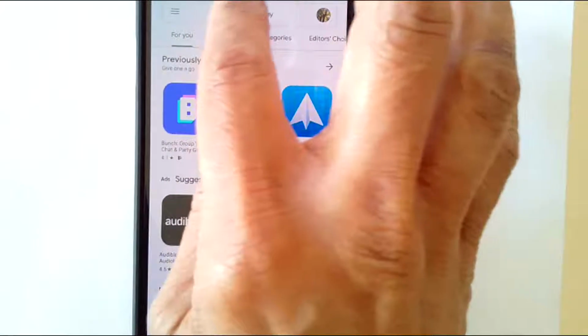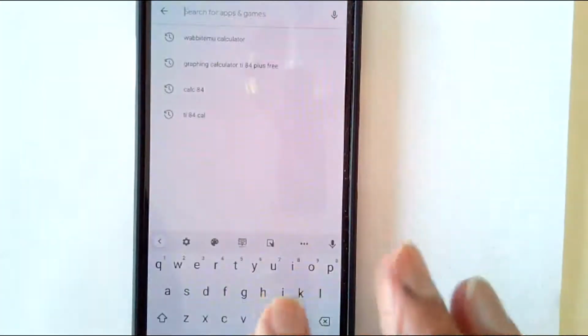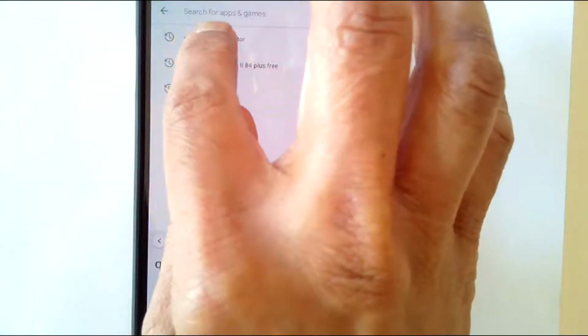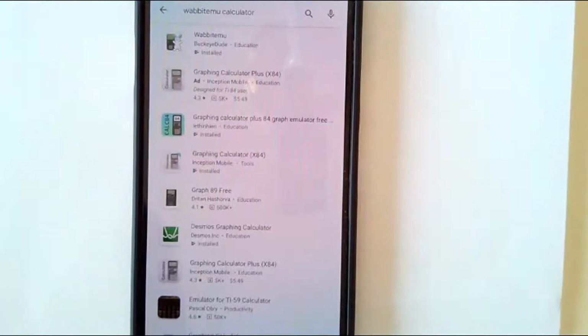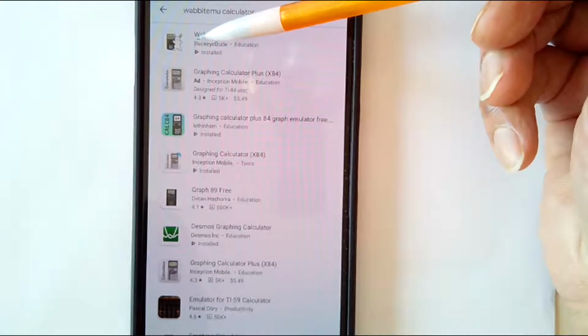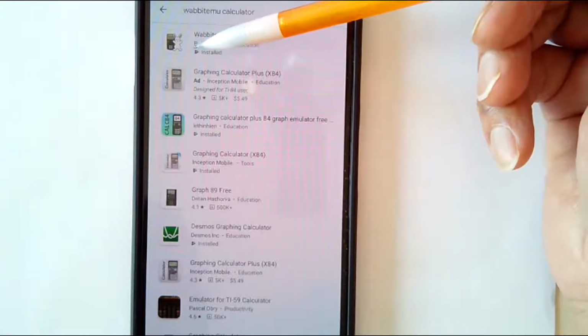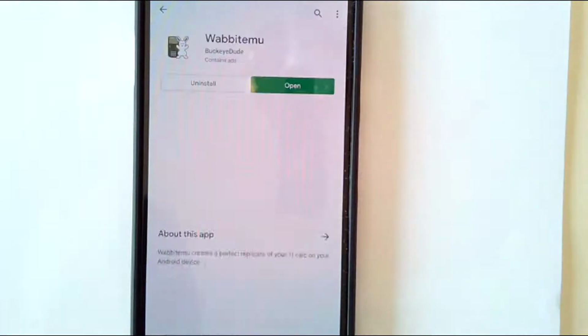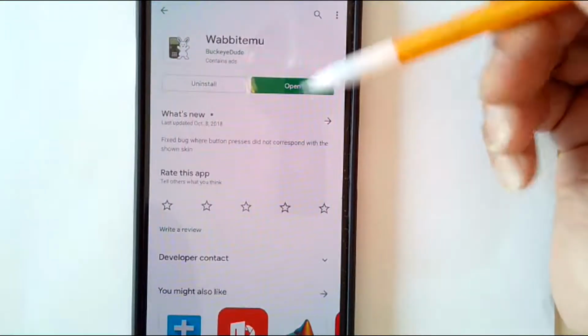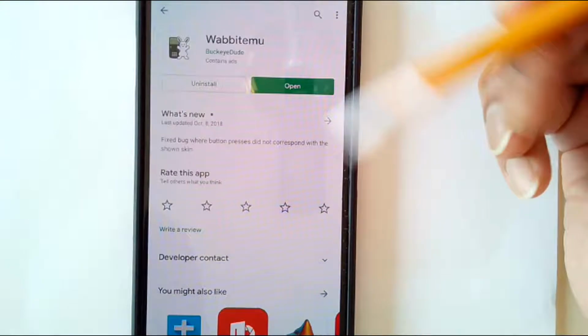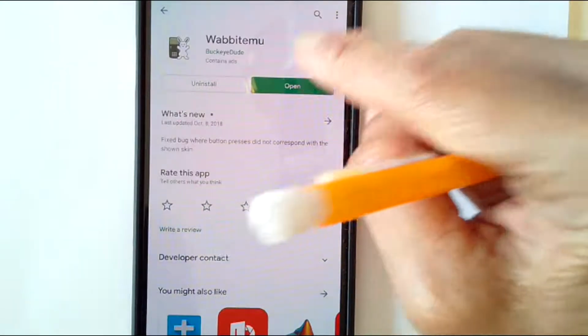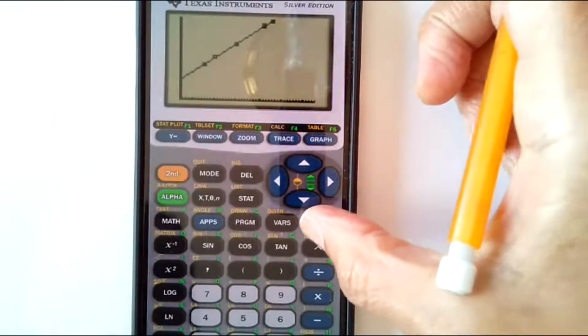So I go to my Play Store and I search for Wabbit. I already have it here, Wabbit calculator. In my case, it's the first one that came up. There's also a free emulator that comes up. So you hit that, and you'll be asked to install. And once you install it, you'll just follow the instructions and you'll have